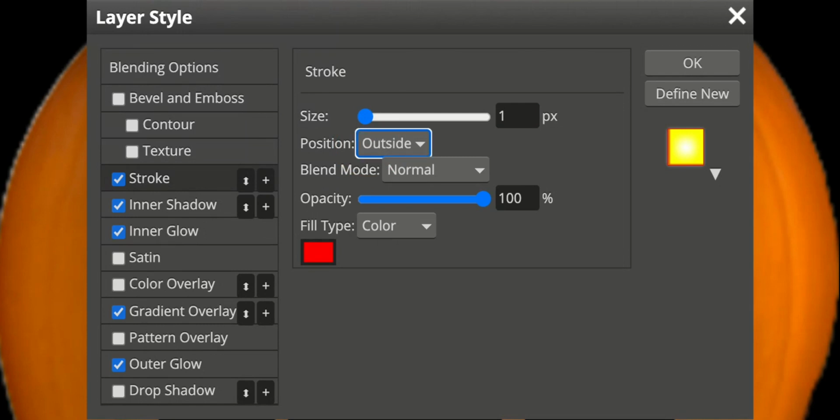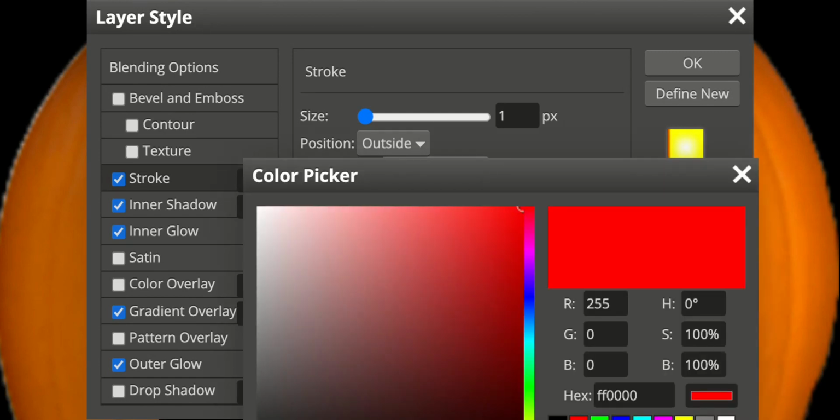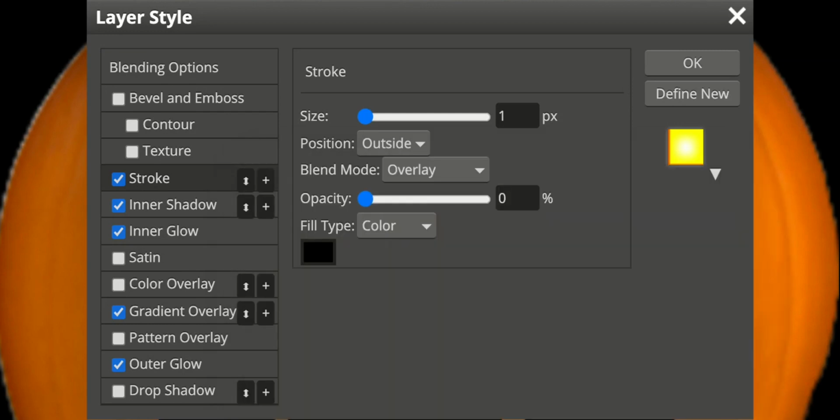My blend mode is overlay. My opacity is 0. So I don't want it 100, I want it all the way to 0. And the color should be black. Okay, so we're going to change the color here. I don't want it to be red. I'm going to change it to black. Click OK. All right. Now when I go look at my nose,